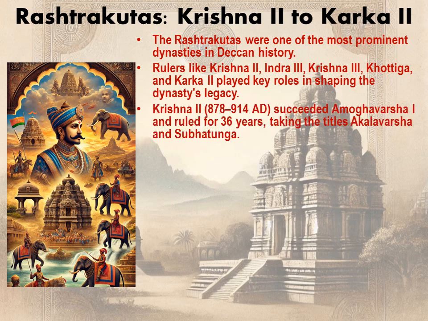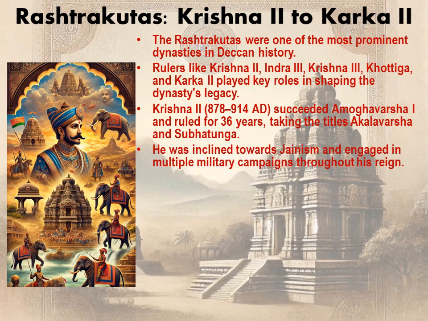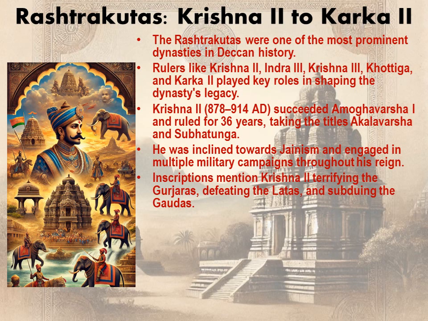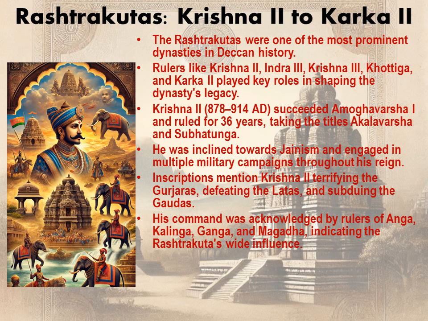Krishna II, 878 to 914 AD, succeeded Amoghavarsha I and ruled for 36 years, taking titles like Akalavarsha and Subhatunga. He was inclined towards Jainism and engaged in multiple military campaigns throughout his reign. Inscriptions mention Krishna II terrifying the Gurjaras, defeating the Latas, and subduing the Gaudas. His command was